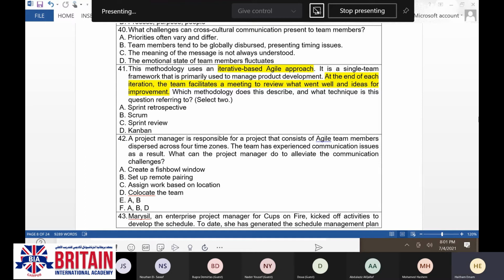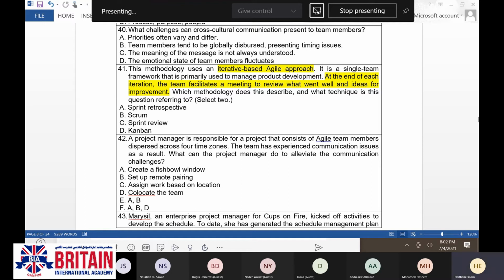Assign work based on the location. Even if you assign the work based on the location, you still haven't solved the problem, which is the communication between the team, because you are in a certain project. In a way or another, the work conducted by a certain team is linked to the other work.